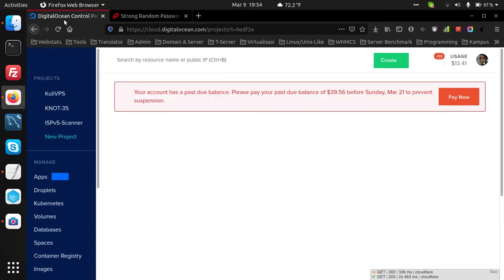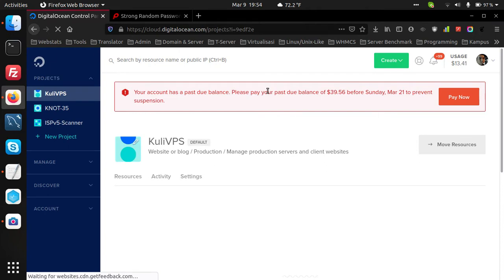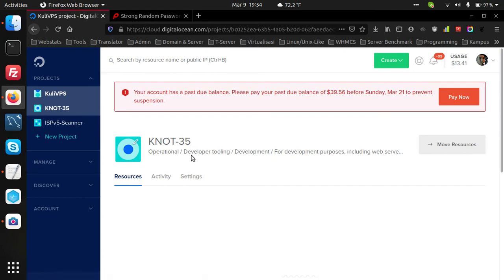For the distribution system, you can select Ubuntu LTS server, maybe version 16.04 or 18.04, and the latest stable 20.04.